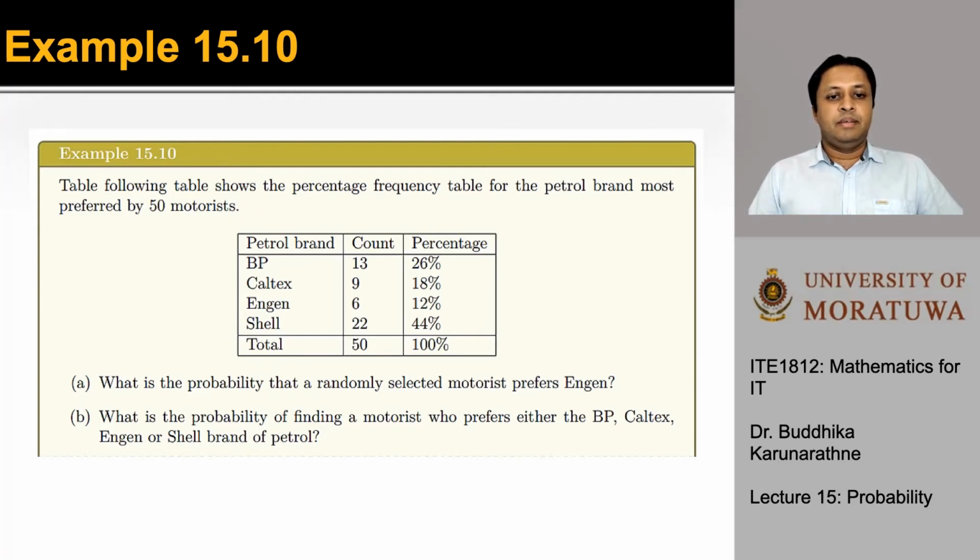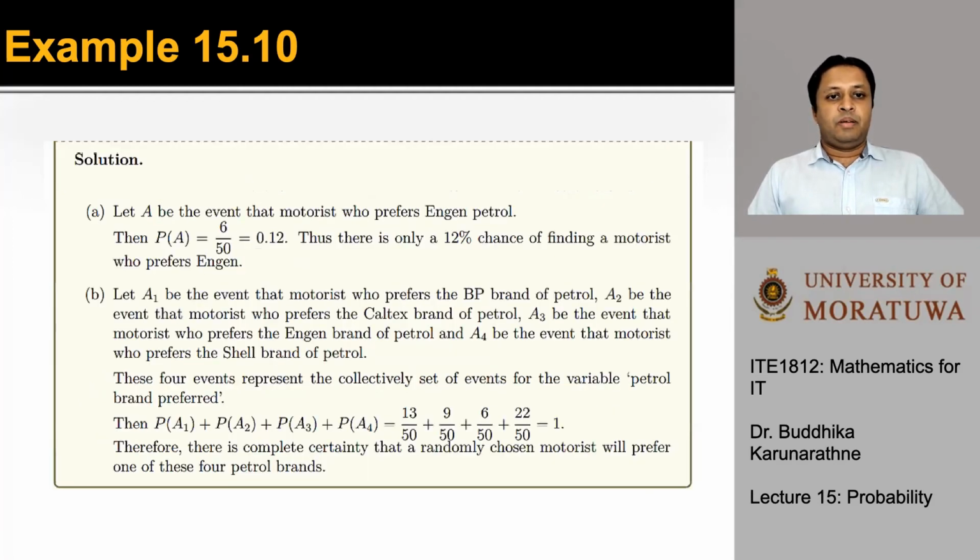And the second part is what is the probability of finding a motorist who prefers either the BP, Caltex, Engen, or Shell brand of petrol. So let's see how we approach these solutions for these problems. Right, so for part A, let A be the event. So we define an event A, that motorist who prefers Engen petrol. Then P(A)